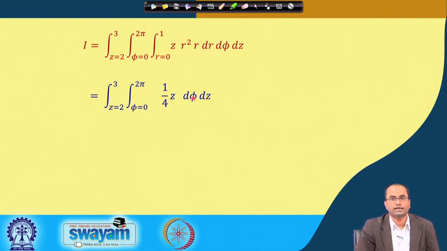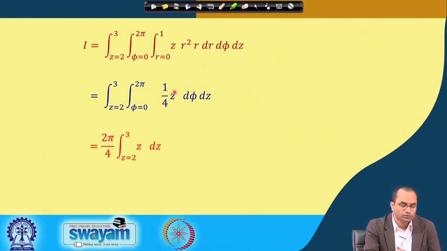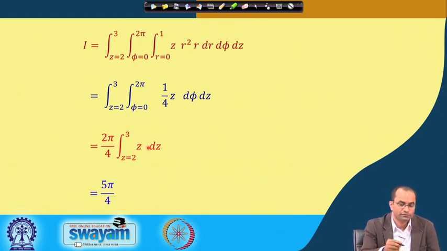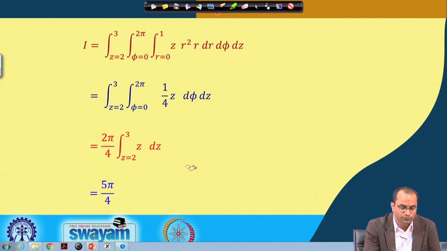integrals now with respect to phi and with respect to z. So, with respect to phi, there is no phi term in the integrand. So, simply it will be phi and then we will put the limit 0 to 2 pi. So, the upper limit will give 2 pi. So, for this integral with respect to phi, we will get 2 pi. So, 2 pi and this 1 by 4 and then we have z dz. Again this z dz is z square by 2 and then we need to put this upper limit and the lower limit. So, this will be z square by 2 and then 2 to 3.